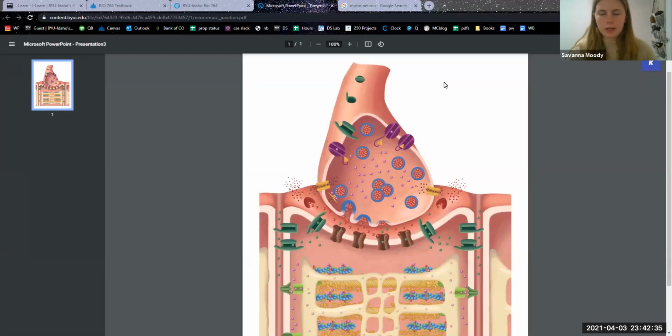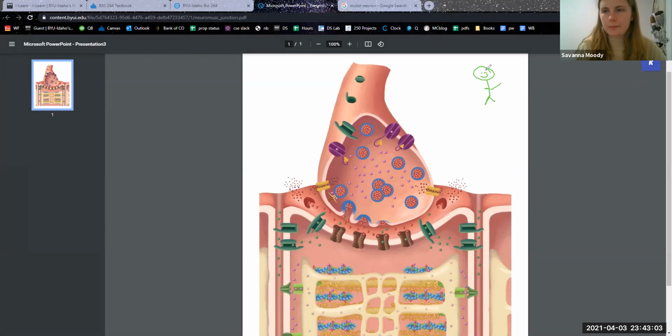Hello everyone, today I'm going to teach you about the neuromuscular junction. So the neuromuscular junction is the junction in between the neuron right there and the muscle cell right there. And it's the way that they communicate one to another. So you start out, so this is you,